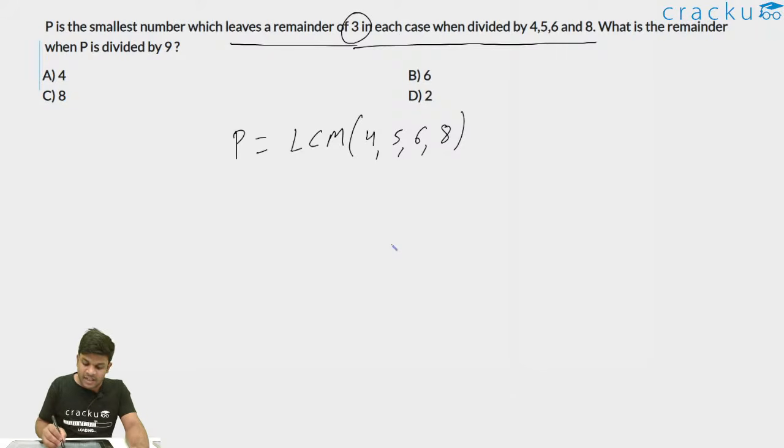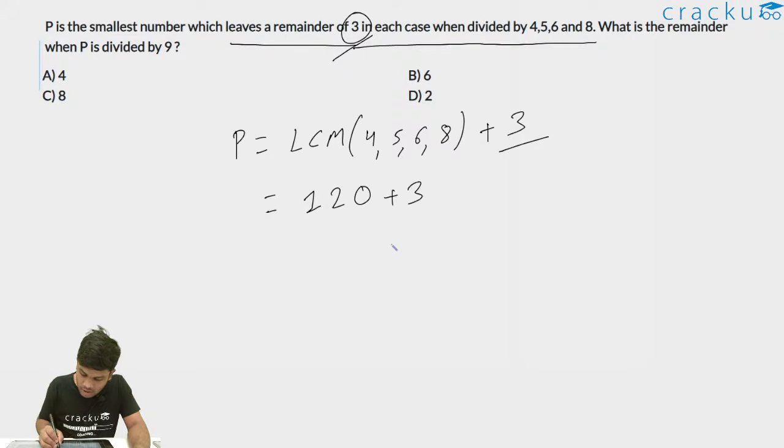If it would have been the LCM of 4, 5, 6 and 8, then that means p will divide each of 4, 5, 6 and 8 perfectly. But it is given that there is a remainder of 3. So we will add 3 to p. So now whenever this number is divided by any of 4, 5, 6 and 8, it will always give a remainder of 3. So the LCM of 4, 5, 6 and 8, when you calculate it, you will get 120, plus 3. So P is